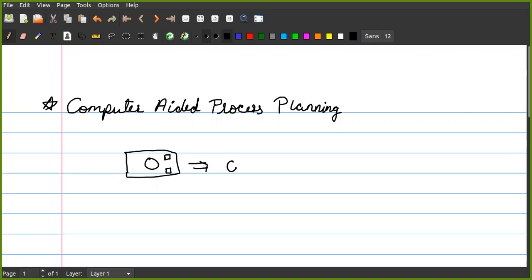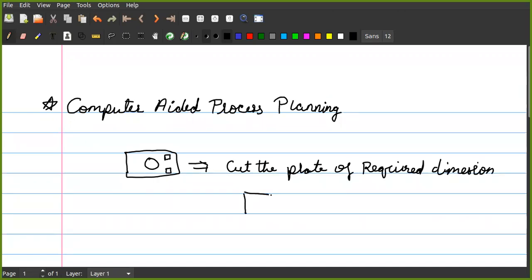you need to cut the plate of required dimension. You may have a plate of certain dimension, so you will first cut the plate out of a bigger plate.